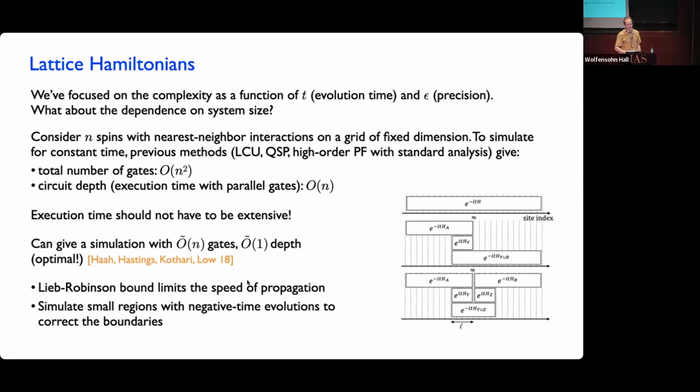What they showed in this paper is that you can give a simulation which is extensive, in the sense that you're describing: if you want to simulate this n-spin system, you can do it in basically constant depth using the method they developed. The method used quantum signal processing as a subroutine, but it involved stitching together simulations on different pieces of the system in a careful way. If you just use quantum signal processing out of the box for the whole system, it also has this problem that it doesn't achieve constant depth. This paper shows how to get around that.